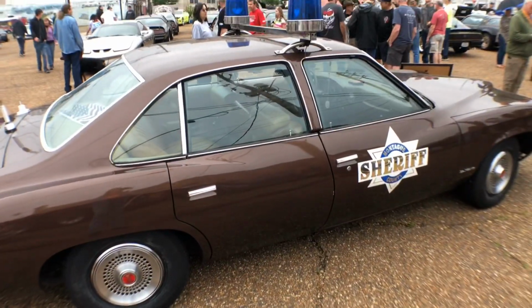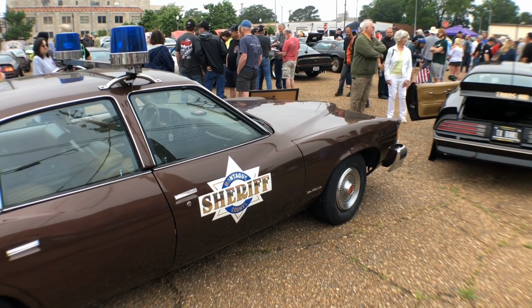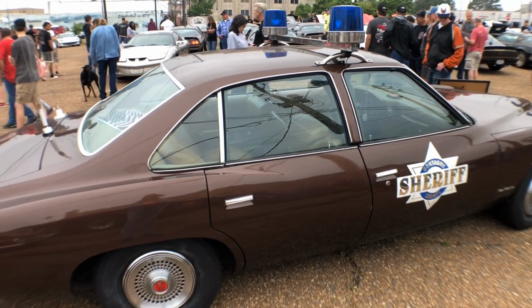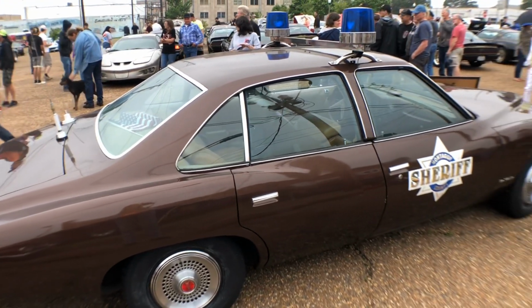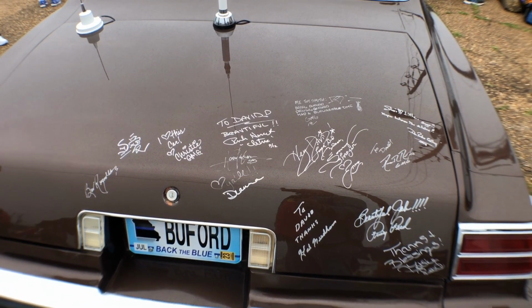And with that replica of Buford T Justice's car, there was a Buford T Justice. I tried to get him to go with me and eat a Diablo sandwich, but he wasn't having it. He said he was too busy on the trail of that Bandit and just couldn't take the time to eat. He was in a hurry. So